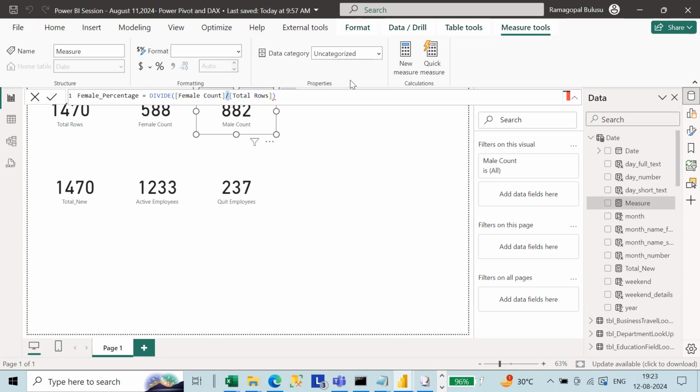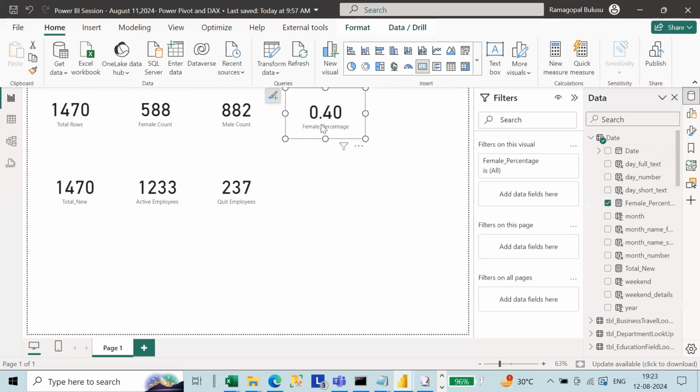In between I need to give a comma: numerator comma denominator. Okay, if you pull this over here,